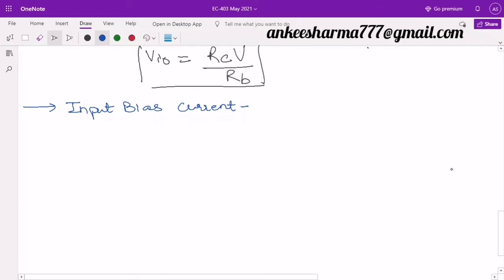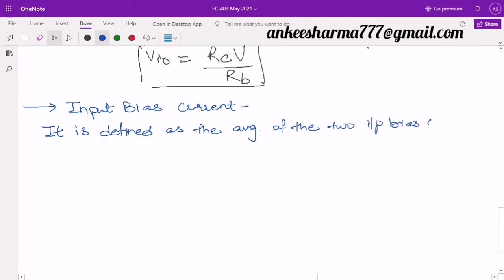I can define it as the average of the two input bias currents, and let those bias currents be IB1 and IB2. So your input bias current IB will be equal to the average of these two, that is IB1 plus IB2 divided by 2,